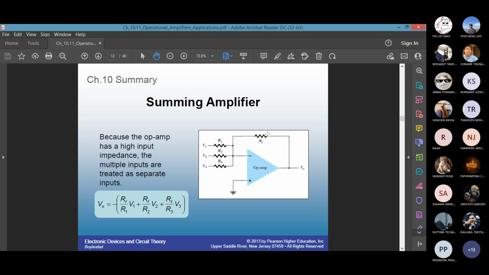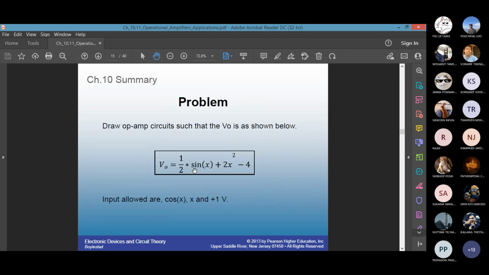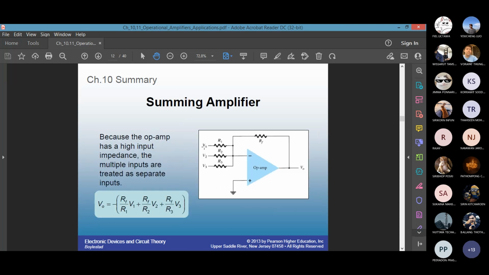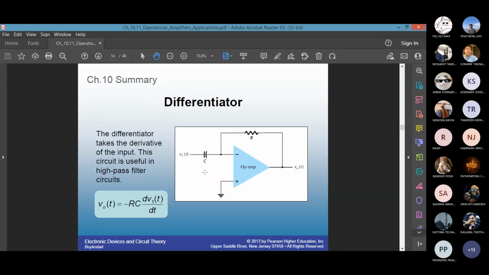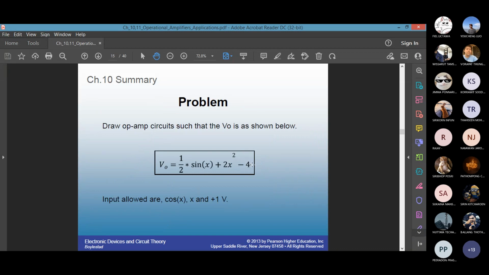And then you have to take the ratio of RF and R1, R2, R3 in such a way that the values and the signs, plus or minus, are exactly as this one. Before that stage, for V1, V2, and V3, which are three inputs, sine x, and plus 1 volt, you have to do some manipulation using an integrator or differentiator, and then you see there's just 4. There is no other function, which means you have to create a gain of 4, either using an inverting op-amp